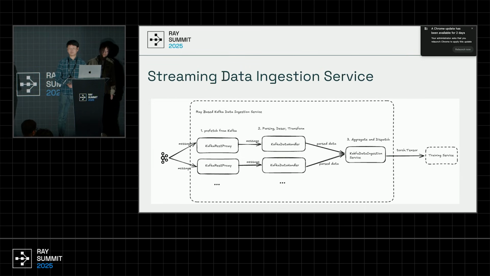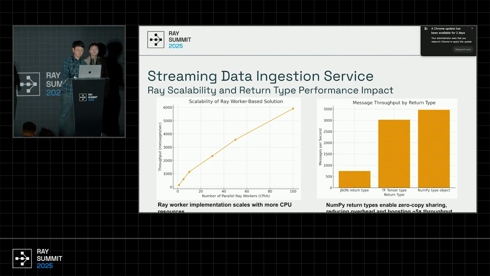And the solution is also very straightforward. We just ask one Ray worker to handle one request. All those things are pretty straightforward and simple. This solution actually scales very well, as shown in the figure on the screen. You can see our data ingestion service throughput scales almost linearly from 1 CPU up to 100 CPUs, 100